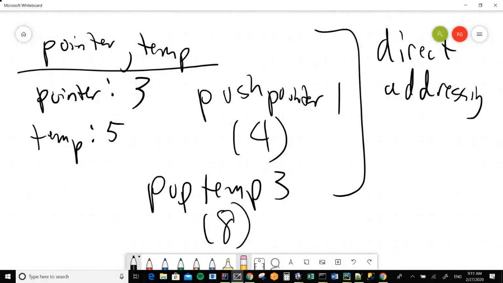Right, you're going to be generating a lot of code that looks like that. So each VM instruction is going to correspond to a good number of assembly language instructions. These direct addressing pushes and pops, not quite as many. The indirect addressing, yeah, you're going to be generating a good number,